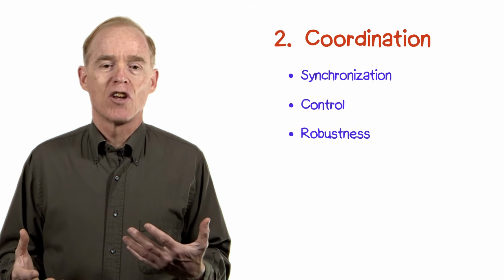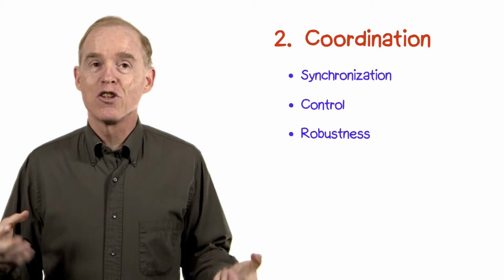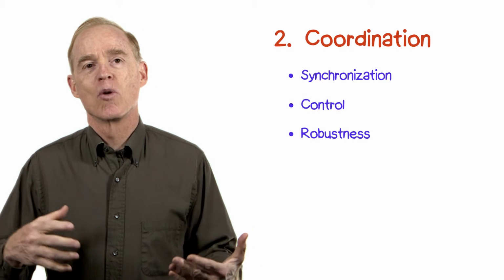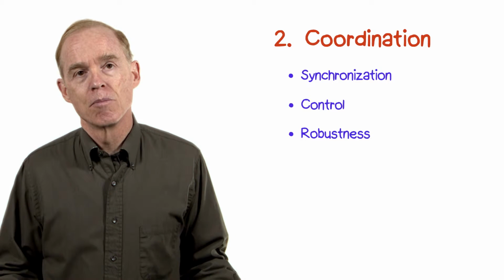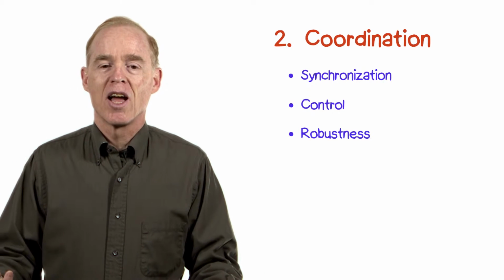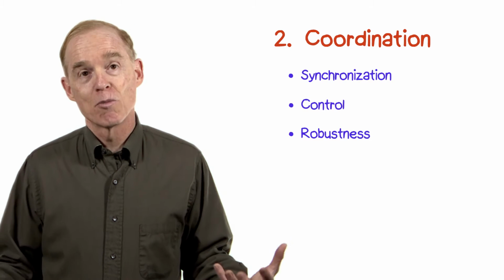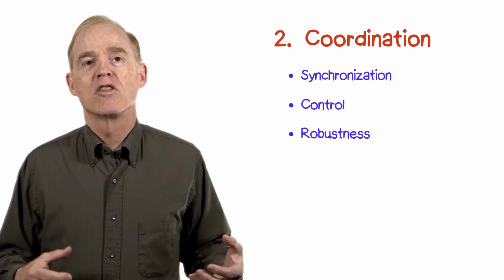It's always the case with such applications that robustness is important. What this means is that the system can deal with situations where one or more of its components goes down. Think that you send out a message and you don't get any response back. And the reason you don't get any response back is that the piece of the application you were dealing with goes down. How does your part of the application deal with that? Think, for example, if you're user-facing, you don't want to just wait there and leave the user in limbo. You want to provide perhaps some timeout on the message acknowledgement and be able to let the user know what went on.